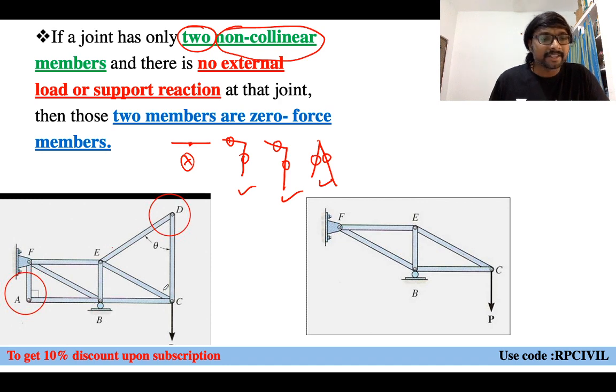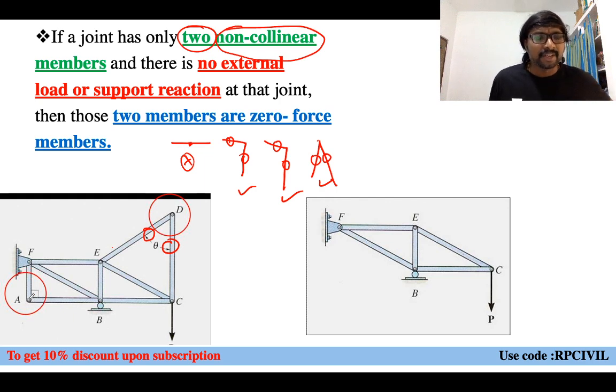DE member and DC member both are non-collinear members. These are meeting at this joint D, non-collinear members, no external load, no support reaction. There is nothing to balance by these members. So force in these two members DE and DC will be 0. Like that, if you consider this joint A also,